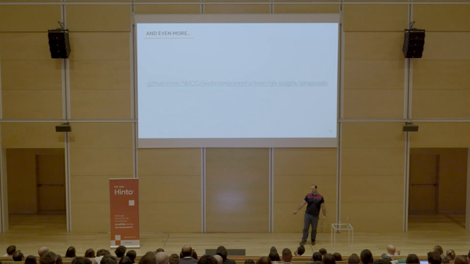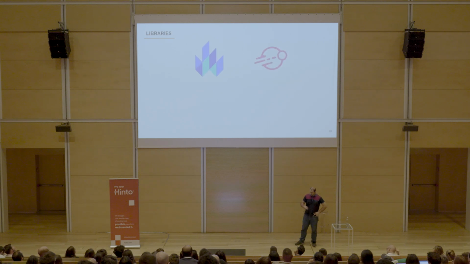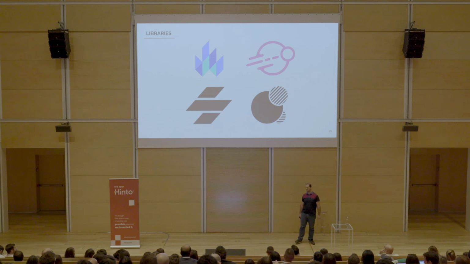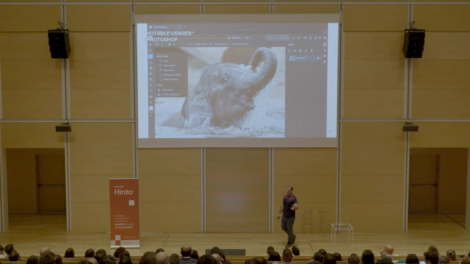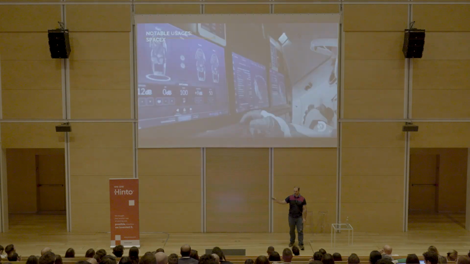There are a lot of even more proposals, and you can visit those pages, though some are dead. We can use a library, of course, to define our custom elements, so we don't have to use low-level APIs. Lit version 3 came out today, by the way. Also notable users are Photoshop for the web, Windows Store, and Shoelace. Also, they are used in the SpaceX Dragon capsule. So that's all.